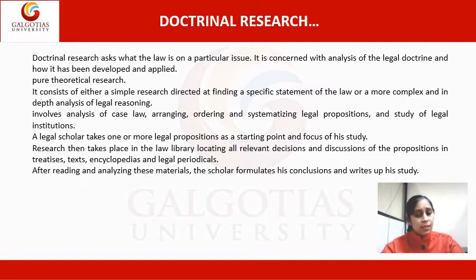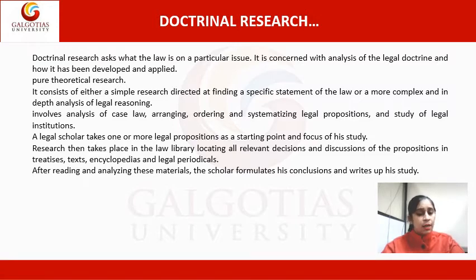Doctrinal research asks what the law is on a particular issue. It is concerned with analysis of the legal doctrine and how it has been developed and applied. It consists of either a simple research directed at finding a specific statement of the law, or a more complex and in-depth analysis of legal reasoning involving a lot of case analysis, arranging, ordering, and systematizing legal propositions and the study of legal institutions. A legal scholar takes one or more legal propositions as a starting point and focuses on his